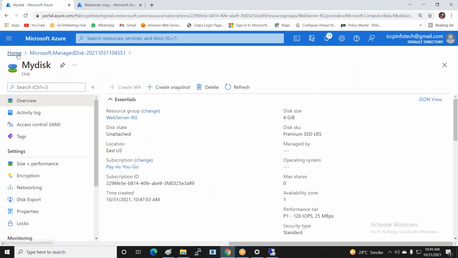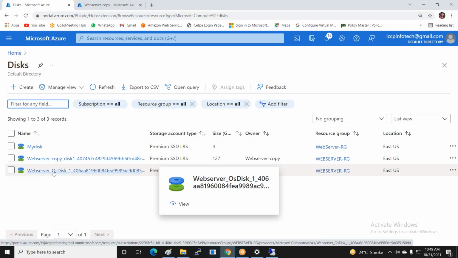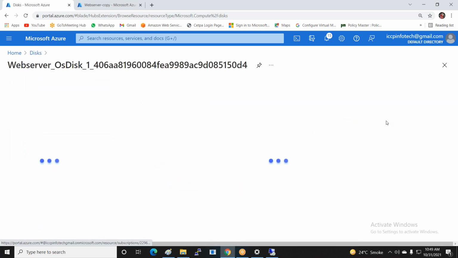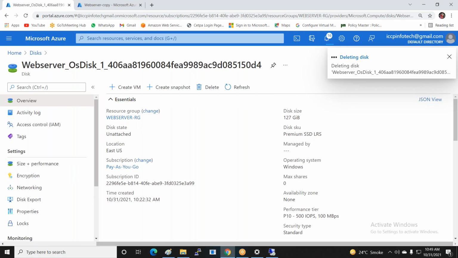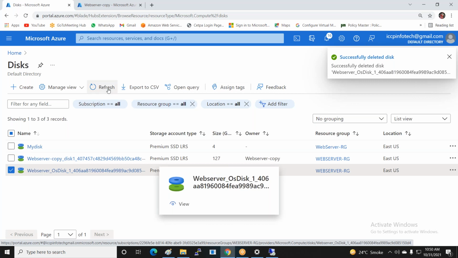Then you can see here there are n number of disks available in this location. Now I created one first server, a web server. So this is my web server disk. Got it? Yes. So now I delete the disk because we are not using it. Click on the disk and now you can delete. When you delete any server, the disk is automatically unmounted. So this is one kind of network storage, like SAN storage. So it's not permanently attached storage. These completely use shared storage. So at this time you can delete the disk and refresh.